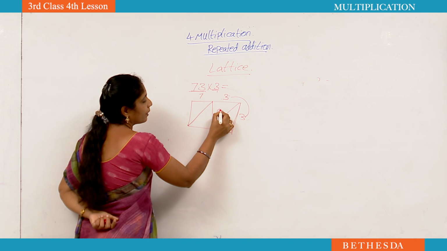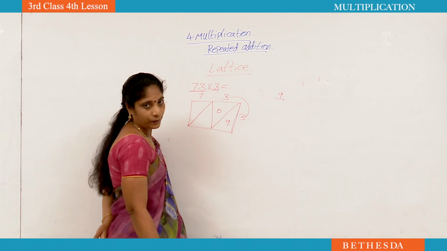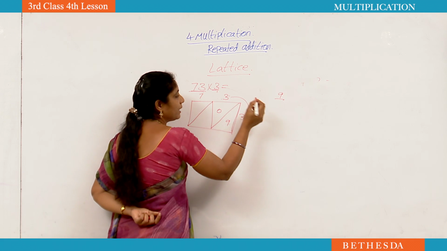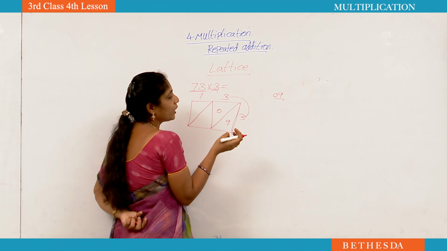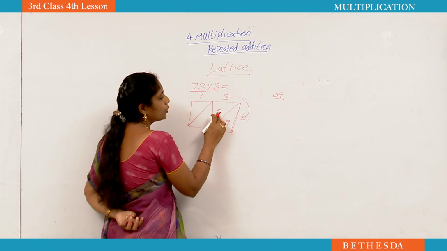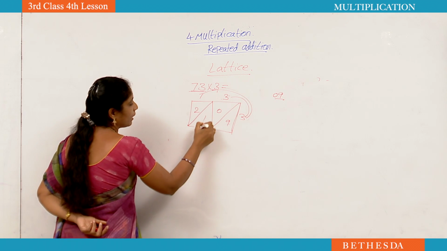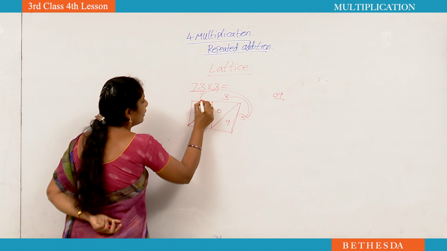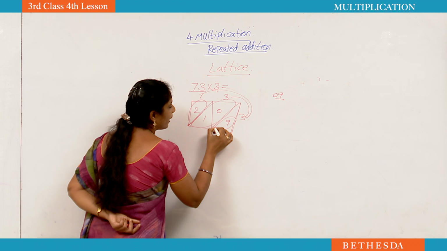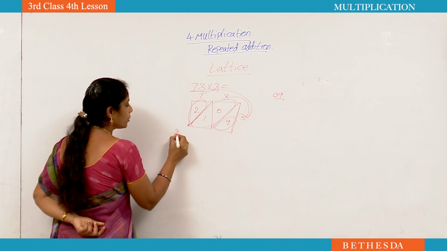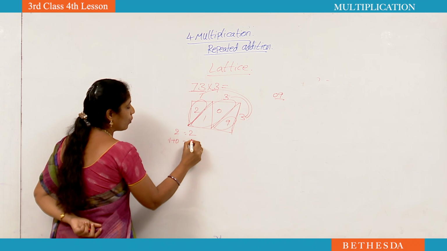With 3 we have to multiply as usual. 3 3s are 9. Here in 9 we are having only one digit. If you have a one digit number, you have to keep 0 before that number, then it won't change the value of the number. Now 0 up, down 9. Next 3 7s are 21. Now we have to join the diagonals 2, 1, 0 and 9. See, first number is 2. In the second diagonal what are those? 1 plus 0, 1.